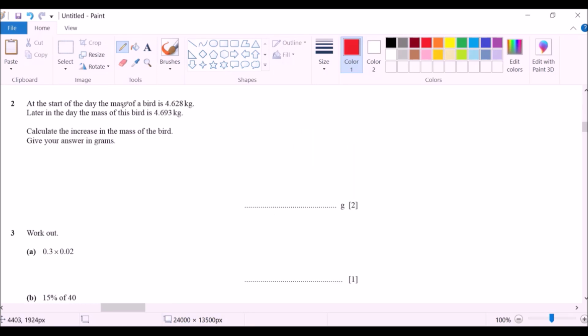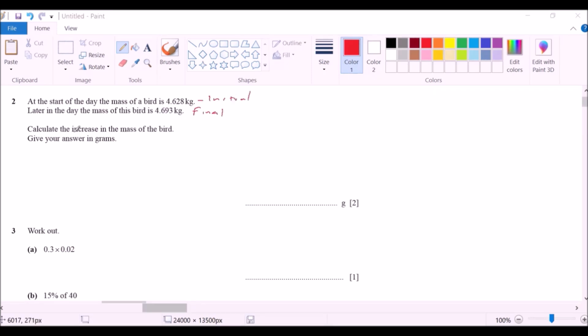At the start of the day, the mass of a bed is 4.628 kilograms. Later in the day, the mass of the bed is 4.693. Calculate the increase in mass of the bed. Give your answer in grams. So this is the final, this is the initial. So increase in mass is final minus initial, which is 4.693 minus